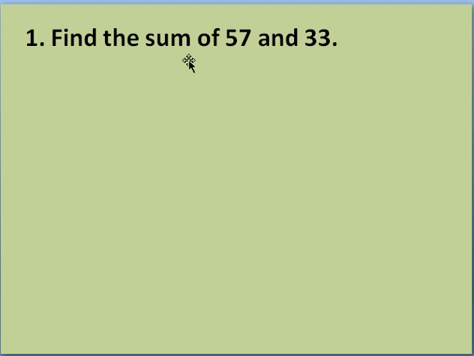These are some of the terms. Just now I showed you some terms. Now this sum is one of those terms. When sum is written in any of the question, it means you have to do addition. And what do you have to add? The numbers that are given in that problem.